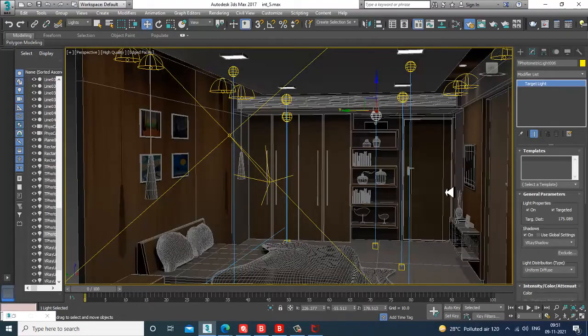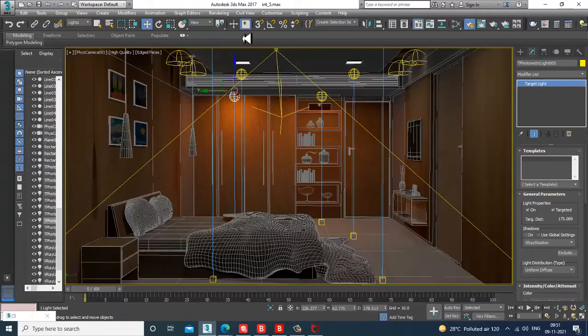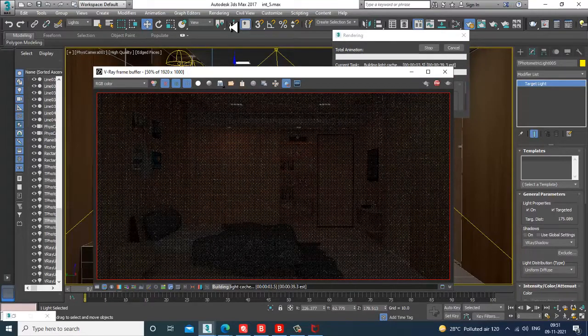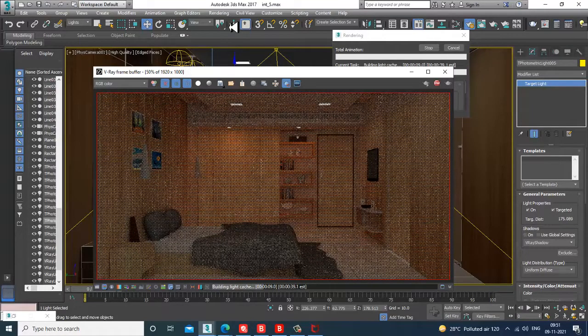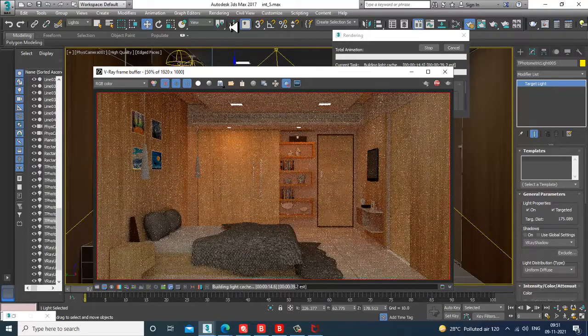If you don't need a shadow, you can just turn off the shadow for that light. I don't need a shadow. Let's just render it. We can add shadows also if required.